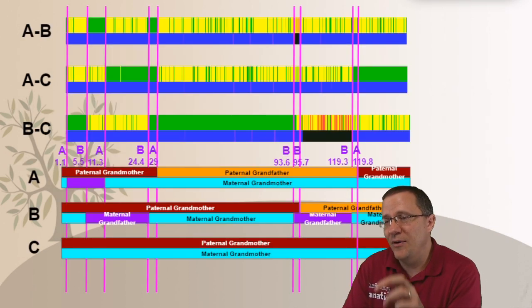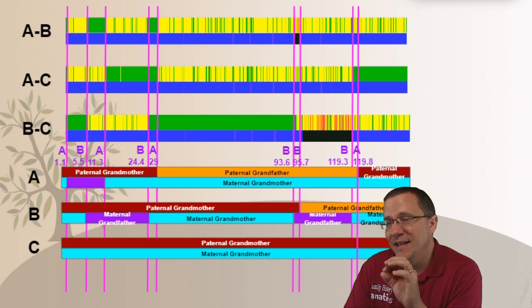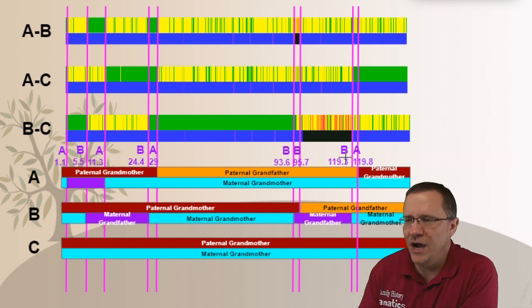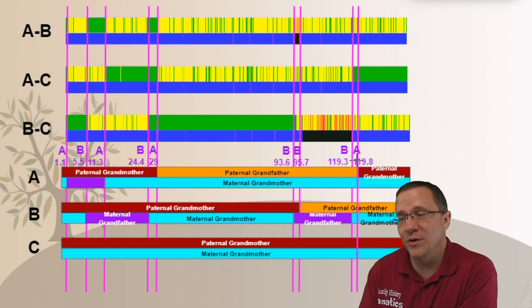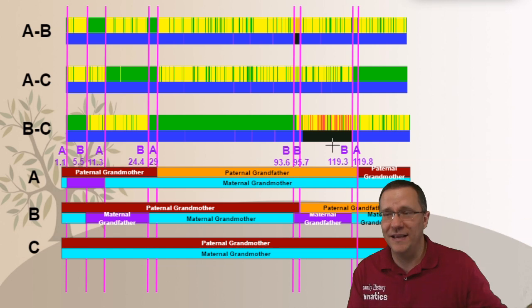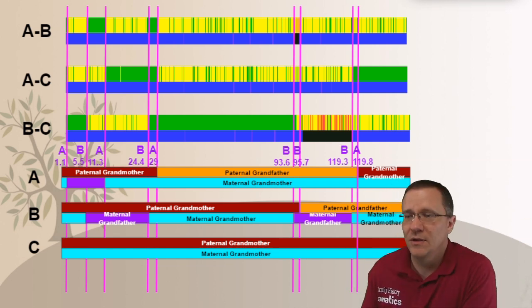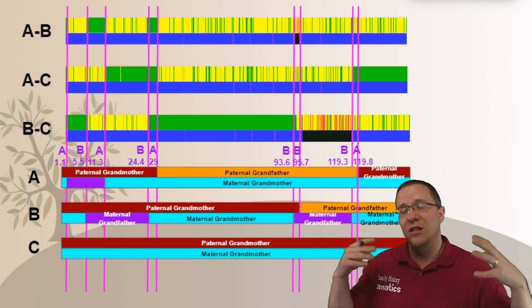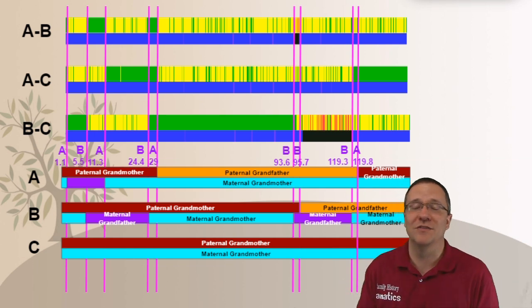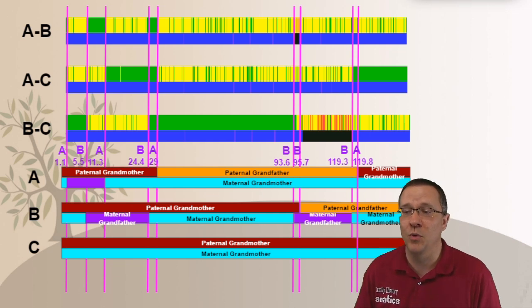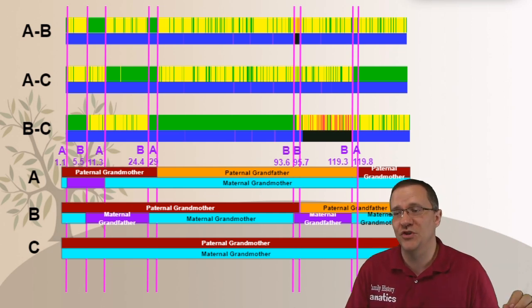So what I've done now is I have gone and I've put in 2 new recombination points. One assigned to B and one assigned to A, and I've changed the numbers of what they are from that 118.9 to 119.3 and about 119.8. When I do this, all of those matches are reconciled. They all line up with what my known information is and what this chart shows.